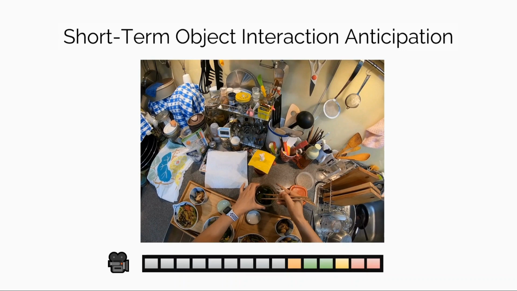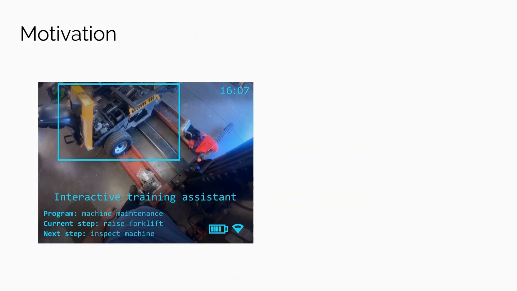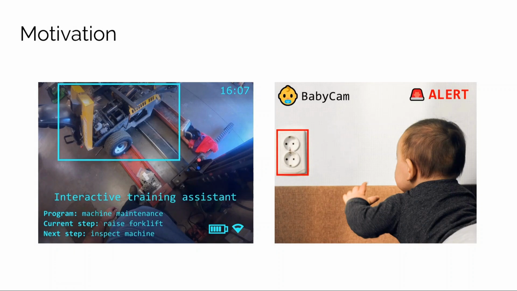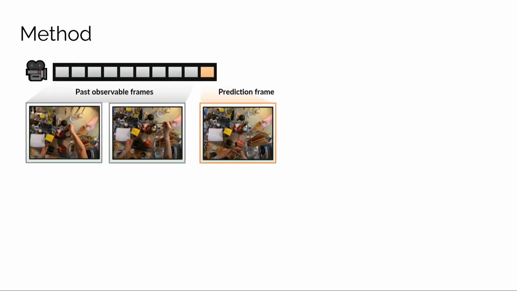This is a challenging task because the visual scenes are usually cluttered, as seen in this example, and human behavior is inherently complex and ambiguous. Solving this problem is essential in building intelligent agents that can understand human behavior and provide assistance, be it to accelerate personnel training or prevent dangerous actions. A model suitable for this task requires a detailed understanding of both the past and the current visual cues.